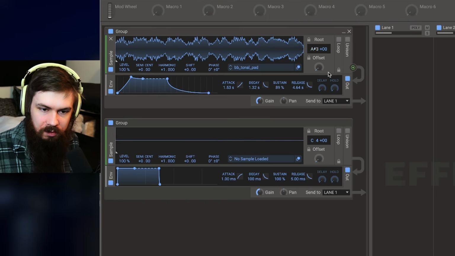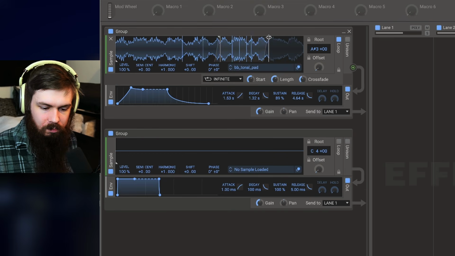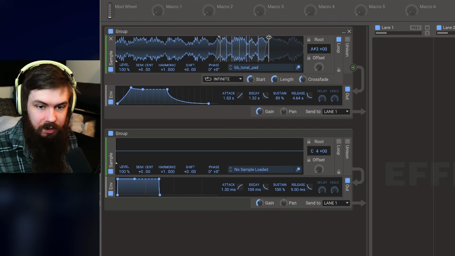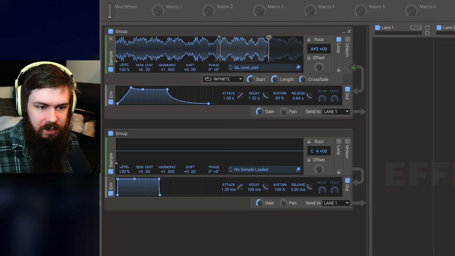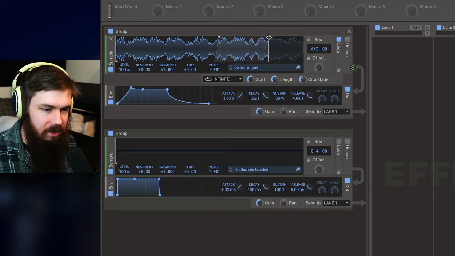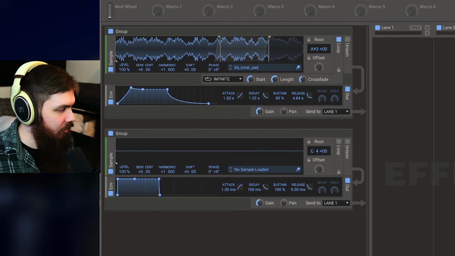It sounds like that. Of course, since it's playing to the end and then stopping, we're going to add a loop. Now, depending on the complexity of the sample that you're using, if I were to leave it like this and maybe add some reverb later, I have kind of a satisfying sound. But again, it depends on what you already have in the sample. If I wanted to do more with this sound and add, say, another dimension or another element to it with this second sample, I can put in something else, like